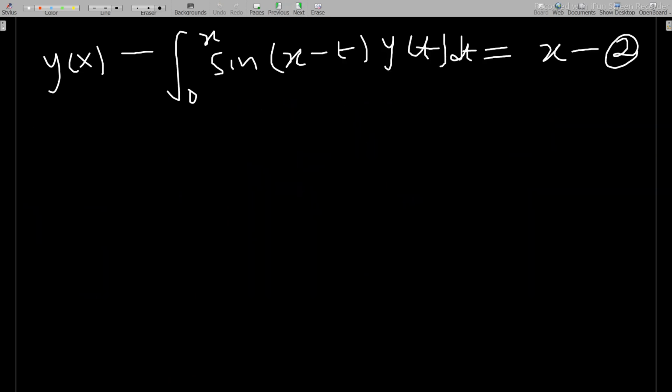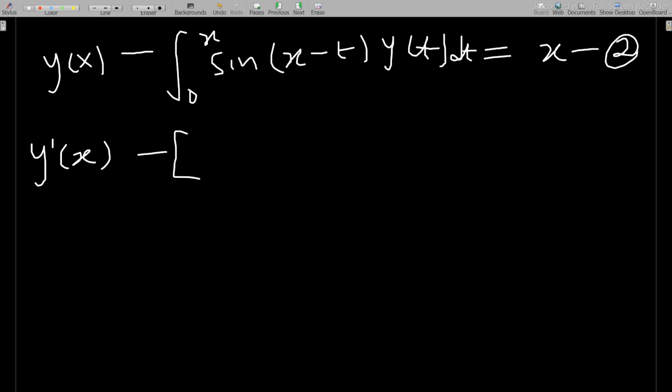So now I have to differentiate equation 2 again, and I'm just differentiating everything straight. This time I won't go through the differentiation under the integral sign. I'll just quote it, and I presume you'll be able to go through it by yourself. So I differentiate y of x and I'll get y prime of x, and minus